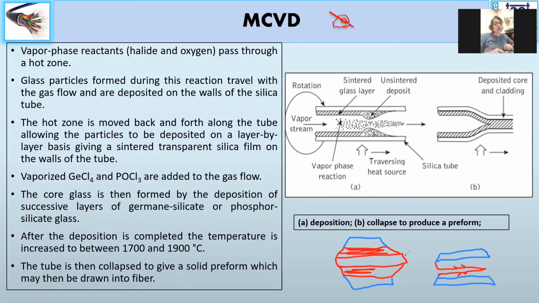So this is the outside vapor deposition, where you deposit over a rod. Instead of that, in this MCVD method, you have a tube, and inside that tube you do your deposition, and that is why this is called inside vapor deposition. Okay. After your preform has been formed, this whole preform setup is further exposed to high temperatures, around 1700 and